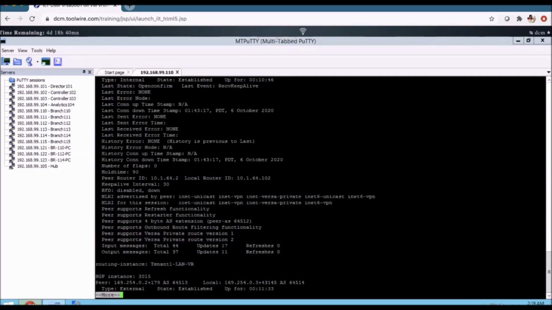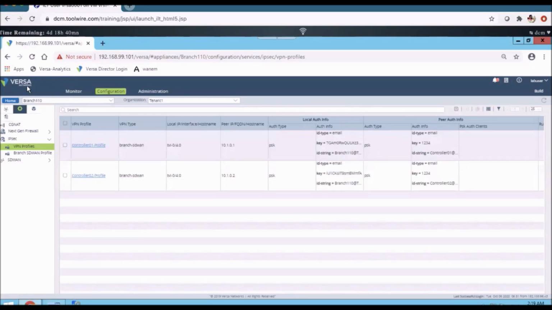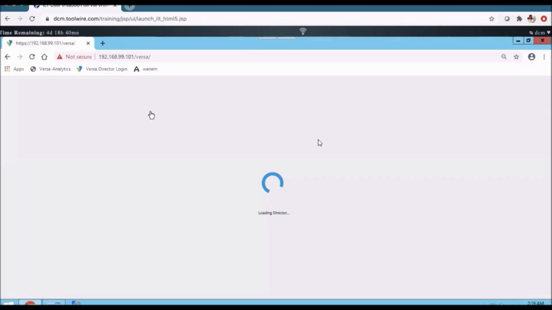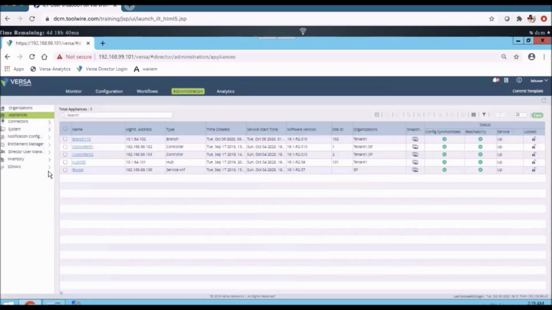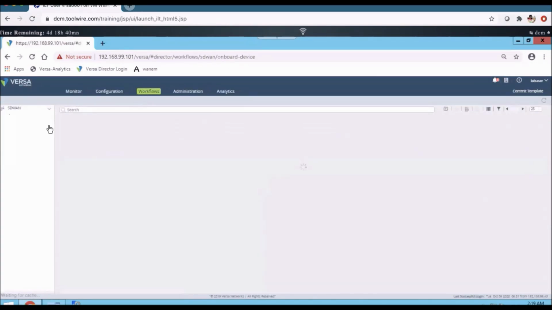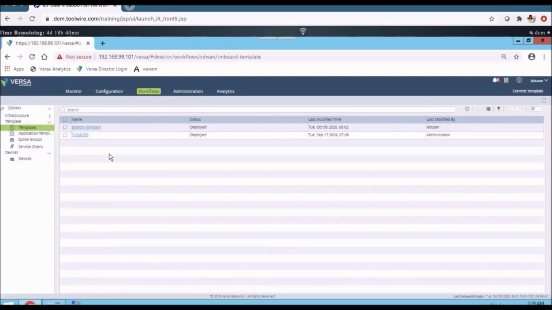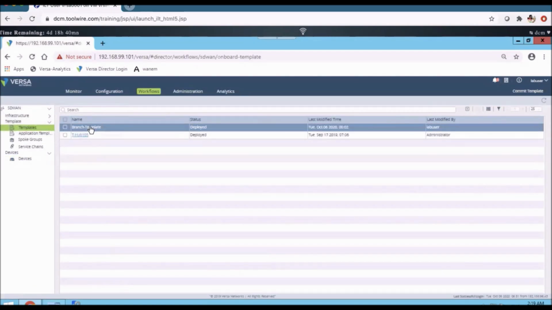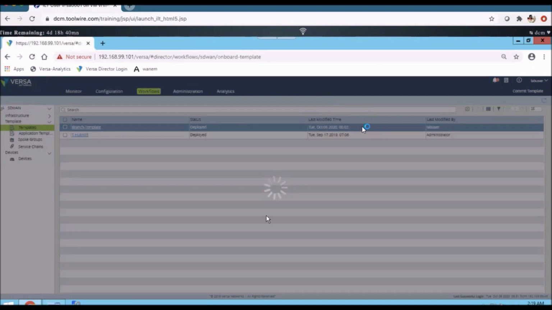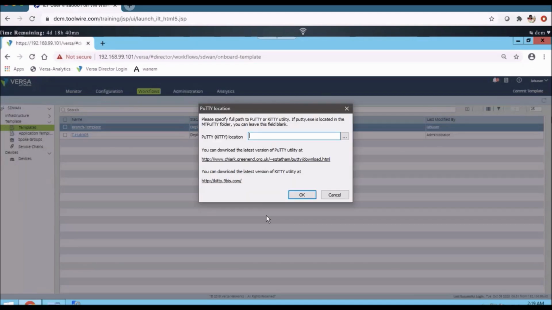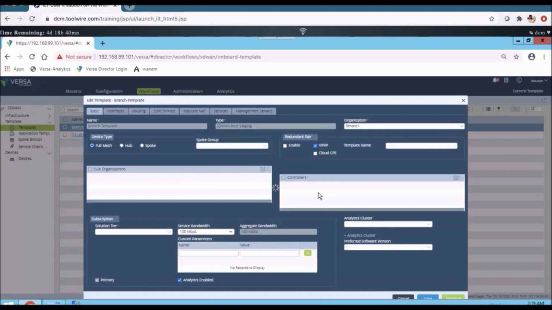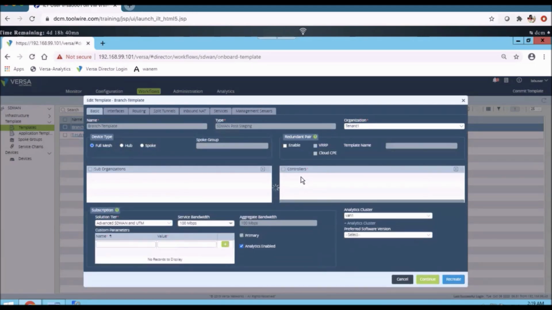Like what I was talking about, when you are deploying the workflow template, you decide to which controllers the branches have to establish the control plane. Now I am going back to the workflows and selecting the template here. Under this template, you have mentioned the branch template, and what all the controllers are going to be part of this branch control plane.